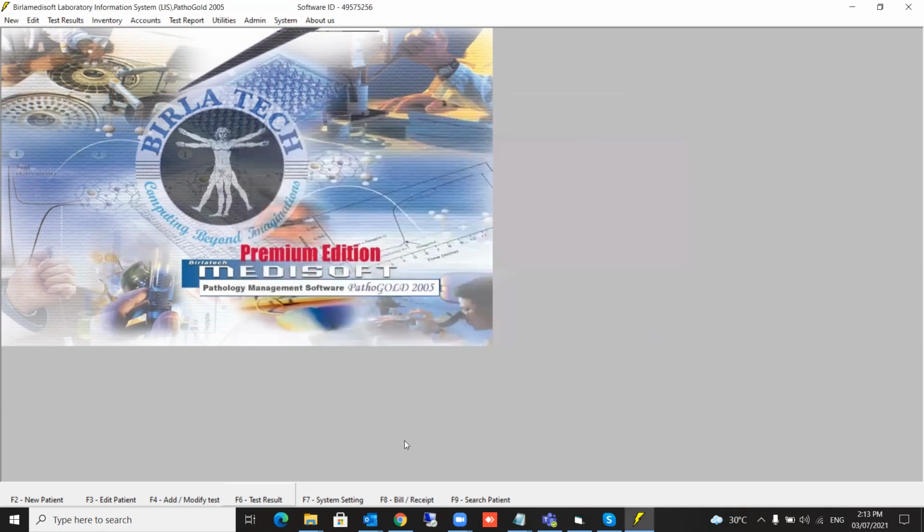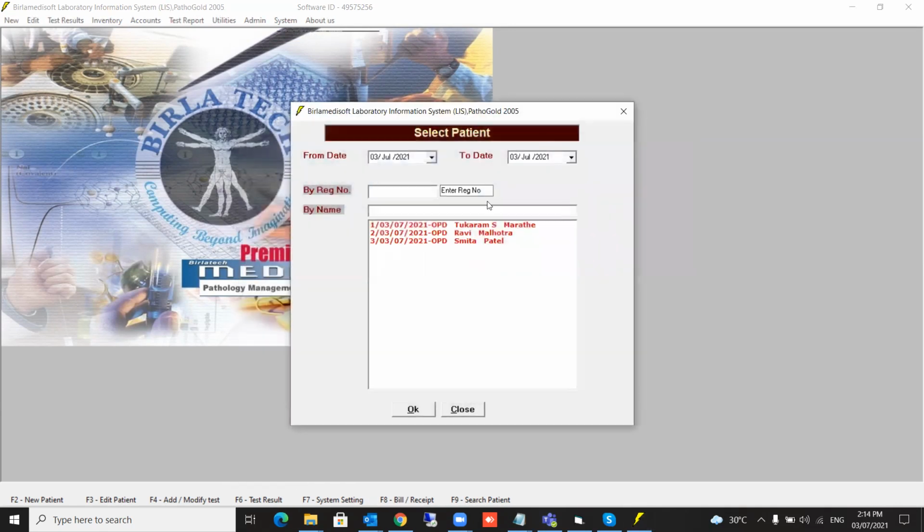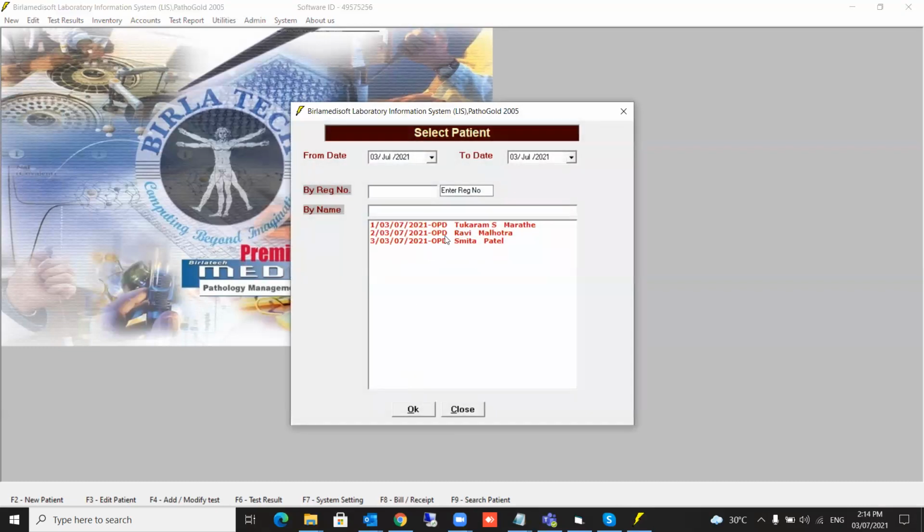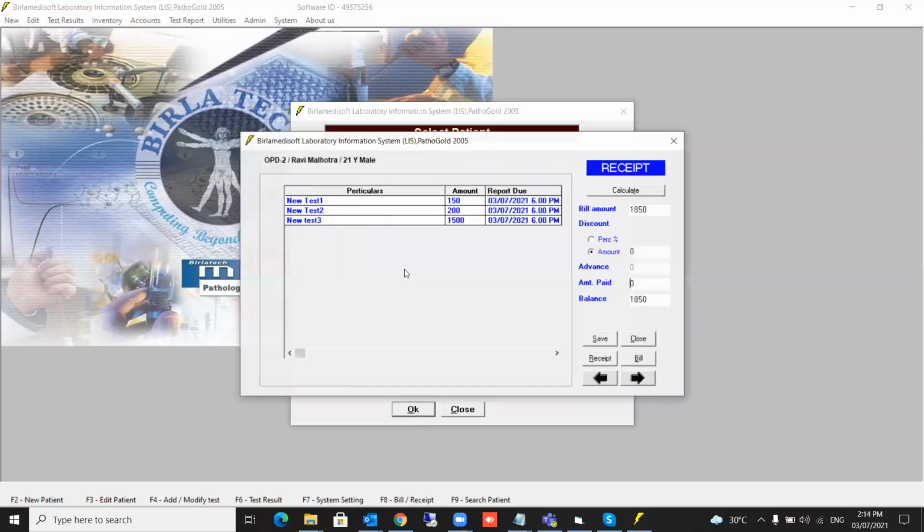Whereas for the individual rate, if you see here, another patient where the individual test rate will come. Just a minute, I'll take another patient where, see, the new test 1 like this, an individual test has come up here, and the rate has come. So I think I have been able to explain your query, right? Yes, sir. I have one more query. Okay.